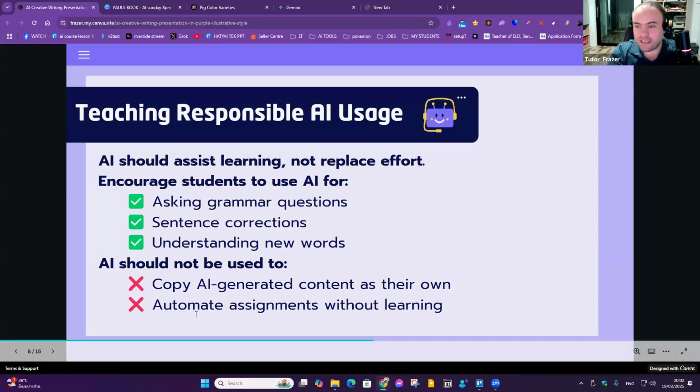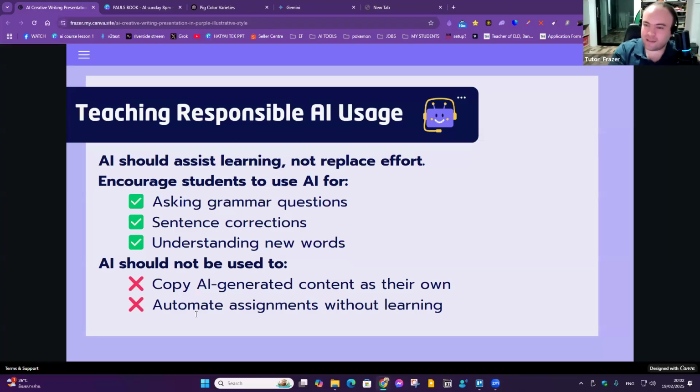So one of the problems we have as teachers now is that everybody has access to AI, and there is no way of knowing if a student wrote their own essay or they used AI. Now, as a teacher, if you know your student and you read it and you think, wow, this is way too advanced, this can't be them, you can sometimes work it out. But sometimes AI is getting really good now, it might even write at the level of your student and you won't be able to know. So I think in the future, as teachers, we need to start doing more in-classroom writing exercises where students are observed without using their phones, writing essays, fictional stories,